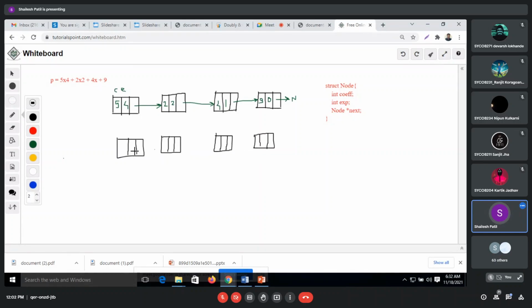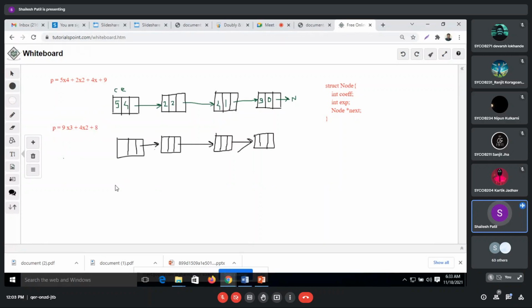This is one polynomial, and we'll have another polynomial with some values. So p is equal to 9x raised to 3 plus 4x raised to 2 plus 8.